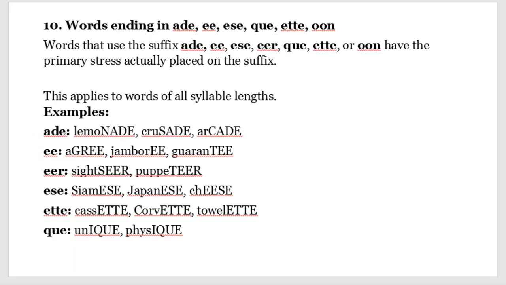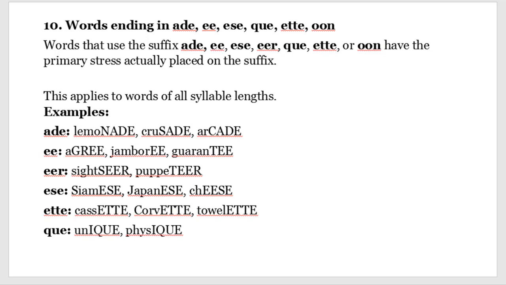10. Words ending in ade, ee, ese, ette, que. Words that use the suffix ade, ee, eer, ese, ette, or que have the primary stress actually placed on the suffix. This applies to words of all syllable lengths. Examples: